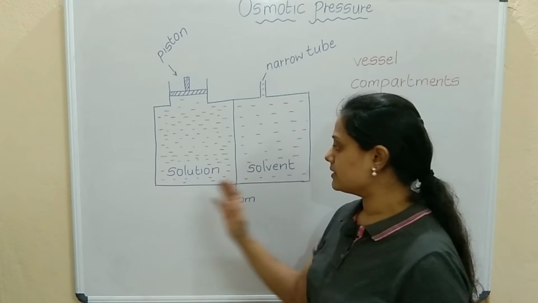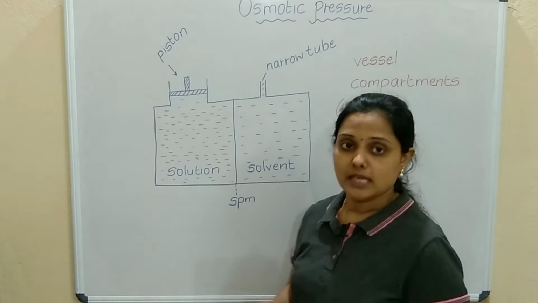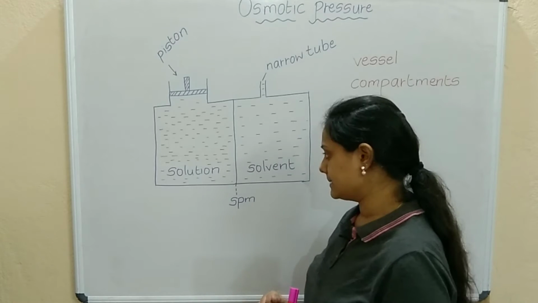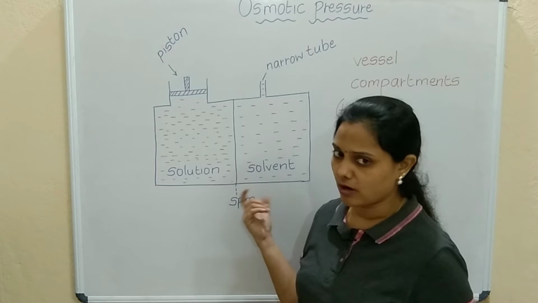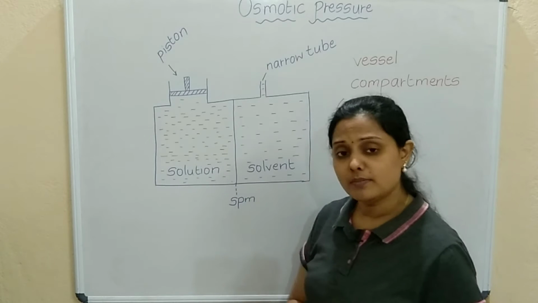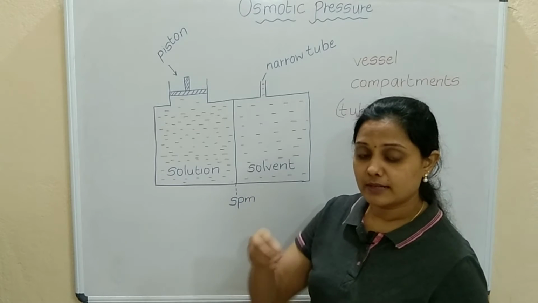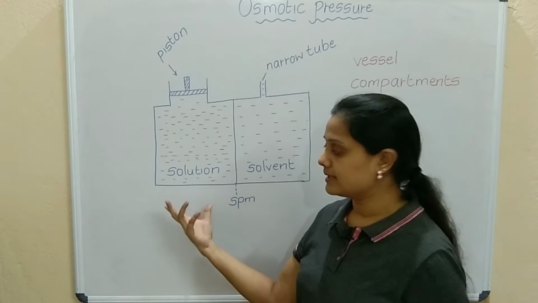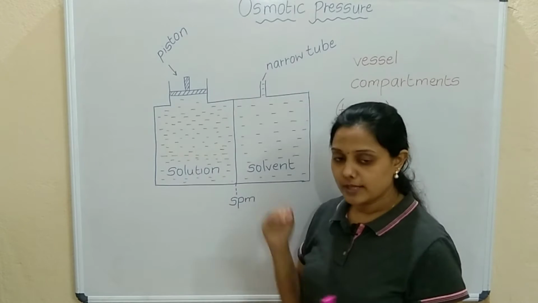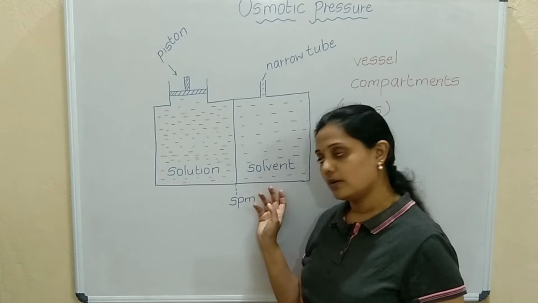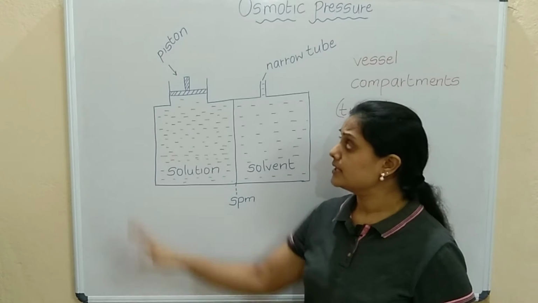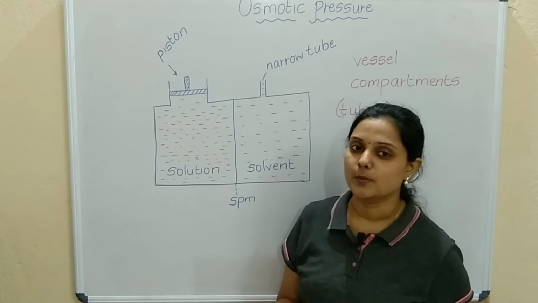So what is lower concentration to higher concentration? Here we have taken solvent and solution. Solvent means the particles concentration will be less, for example, only water if we take. Solution means what? You are adding something to water, that becomes a solution. So concentration is more over here. Movement of the particles from lower concentration to higher concentration. Correct. So let's discuss now what is osmotic pressure.